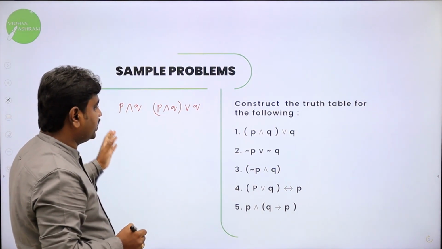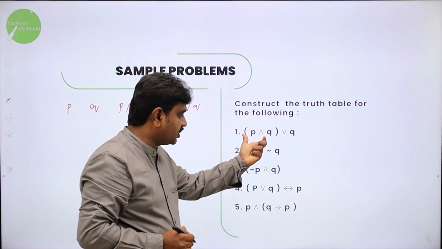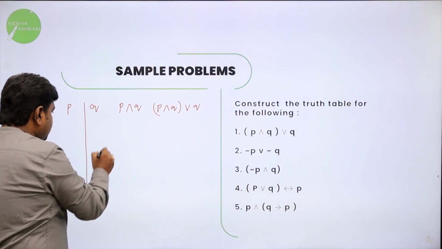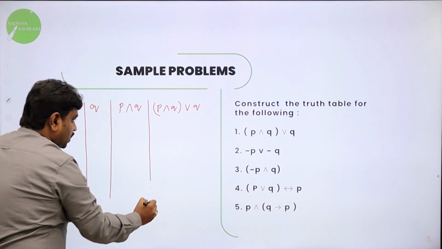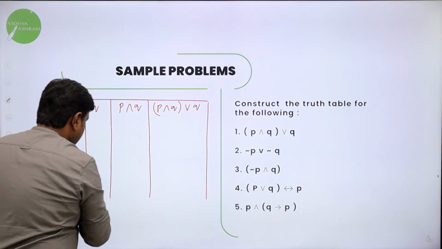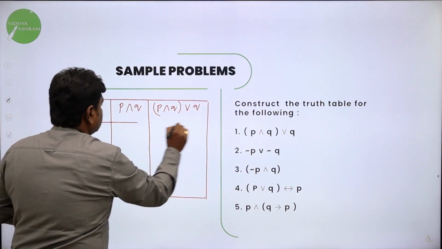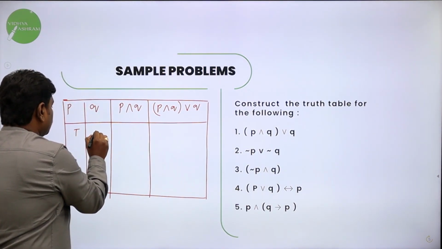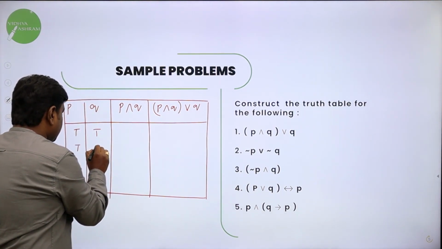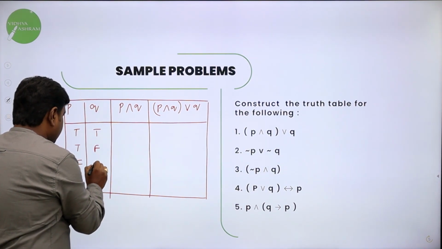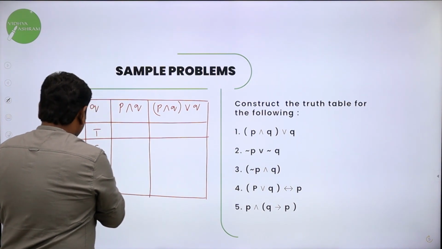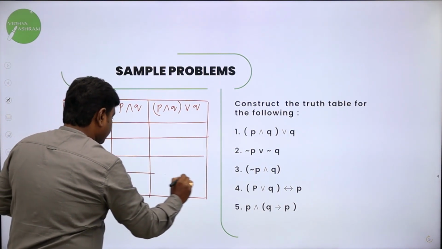First we write the components. You can see P, Q, P and Q, P and Q, R, Q are the components. Split them as components. Now draw the table and write the truth values. The table consisting of truth values, we call it a truth table. P, Q both are true. This is one possibility. The first one may be true and the second one may be false. The first one may be false and the second one may be true, or both may be false. These are the possibilities.